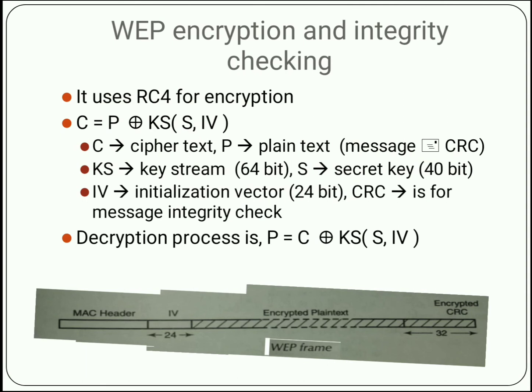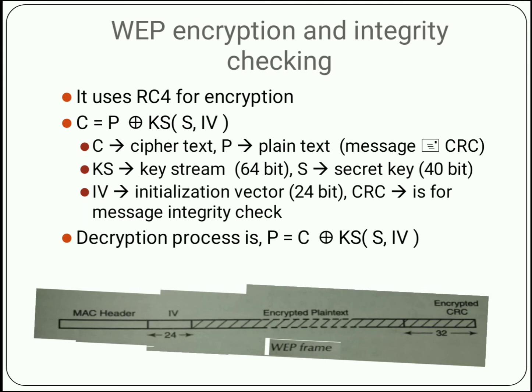Actually, we have discussed this topic before in the last video. I'll discuss it once more. A cipher encryption method is used here, and the ciphertext is calculated in such a way that the plain text is XORed with a key stream. The key stream is a combination of two values, a shared secret key S and an initialization vector IV. So here C represents ciphertext, P represents plain text, and KS is the key stream, which is a 64-bit